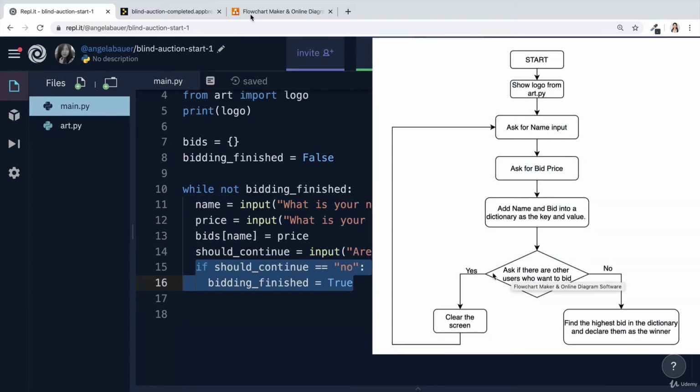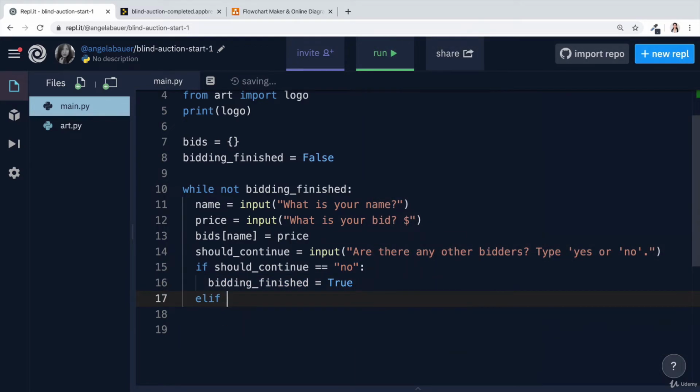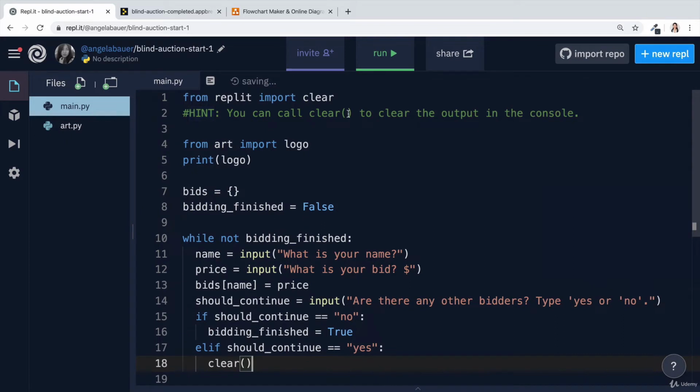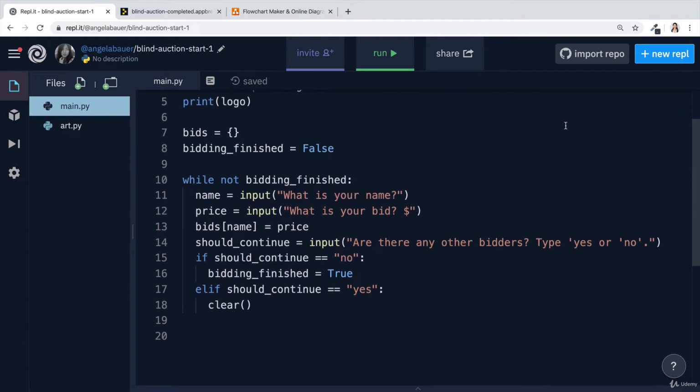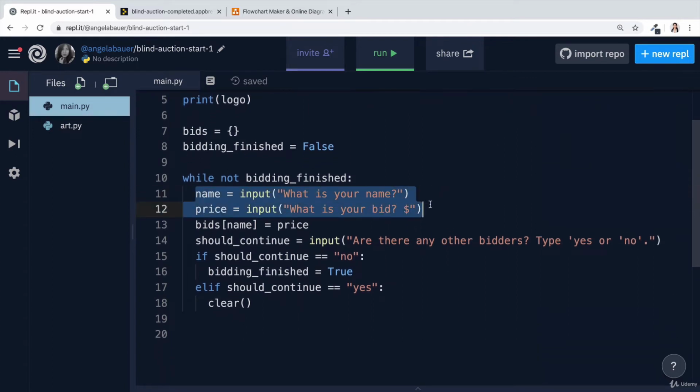So if you notice, if the user actually answers yes, then we want to clear the screen before we repeat the loop. That means we can check to see, well, elif should continue is equal to yes. Well, in this case, we're going to call that clear function that I showed you in the hint at the very beginning. This function comes from the Replit module and allows us to clear the output in the console so that the previous name and bid gets cleared off the screen and it leaves a fresh start for the